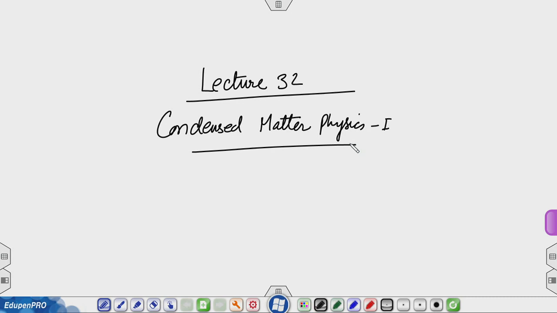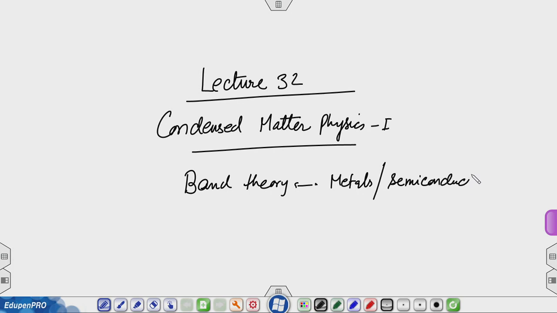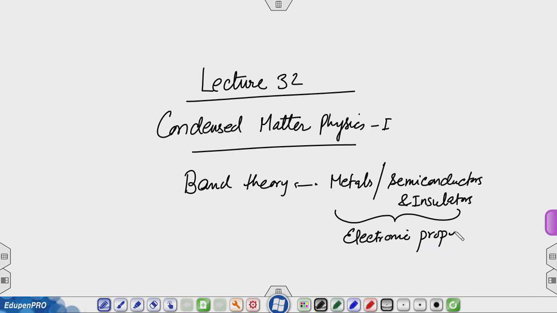So, what we are actually developing now is band theory. And this will explain some properties of metals and will be crucial to understanding semiconductors and insulators. Of course, we are talking about electronic properties. So, to begin with,